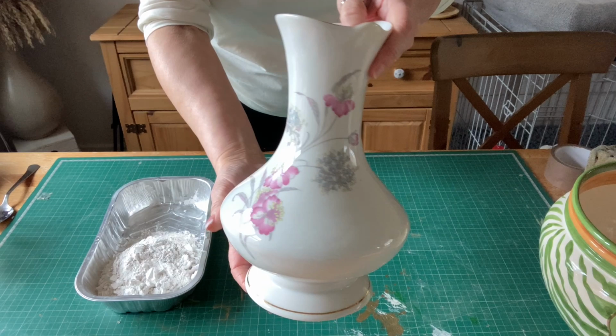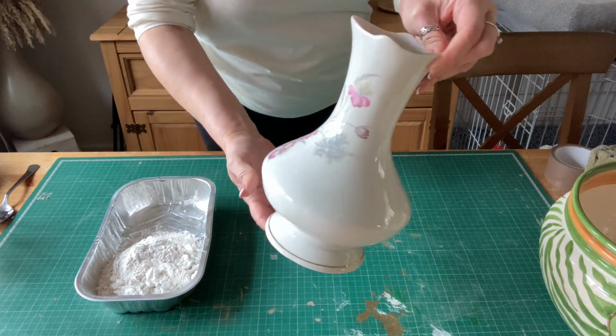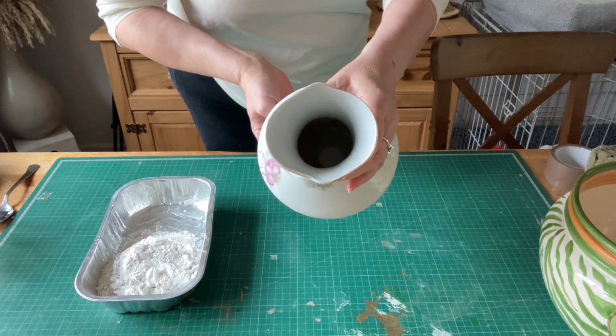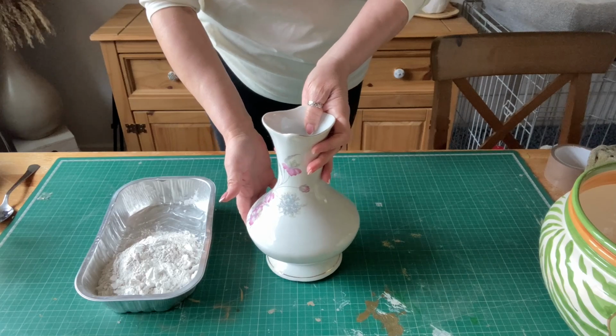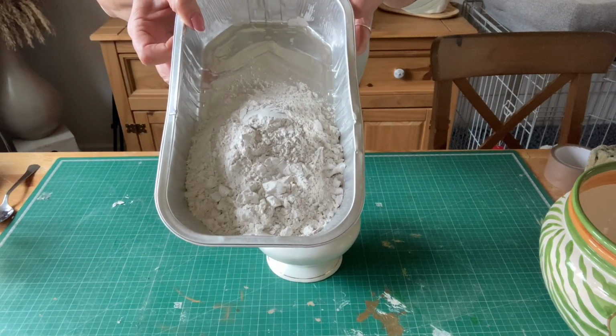My name is Claire and this is Polly Put the Petal On, and today we're going to be doing a very quick makeover on 3 items. And the first item is this vase. It's a vintage vase, but it's sentimental to me, so I wanted to give it a new lease of life,